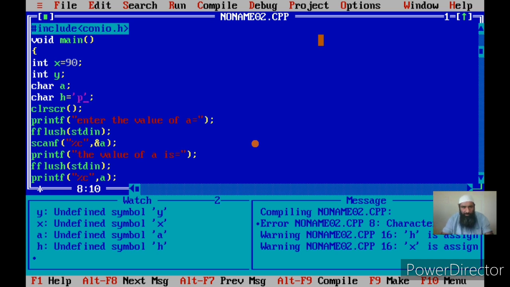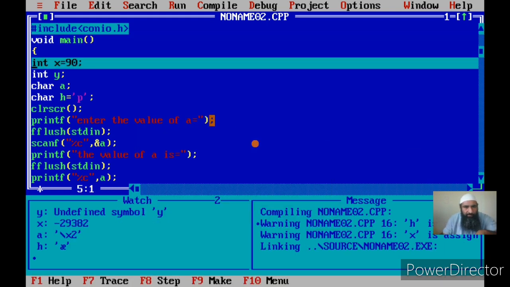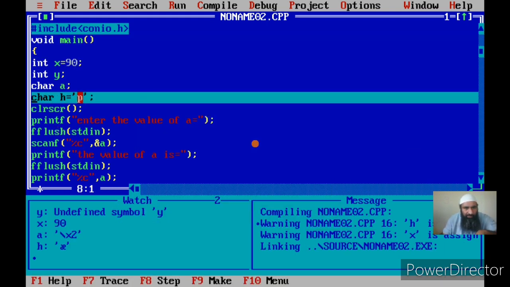Now there are certain other technical concepts related to character variables and integers also, but I am taking the basic concepts at this level so that later on, when we go ahead, you can understand well. Now let us watch it once more so that it will be clear. Now see here, I have a character variable a that is uninitialized. If you say a, it holds some character like /x2. Then this is a junk value. Now h is also having a junk value, that is a percentage sign. I did not assign this.